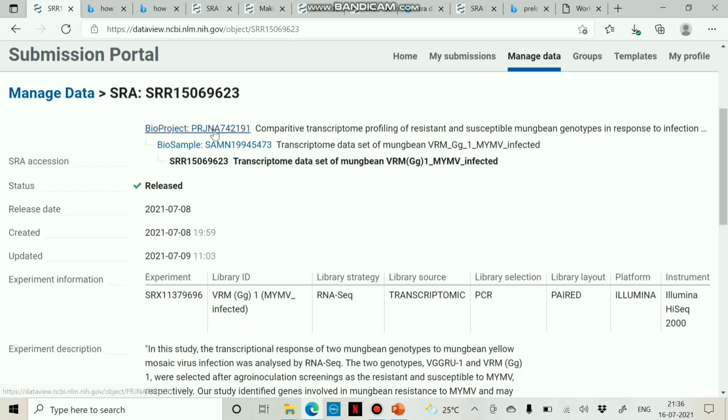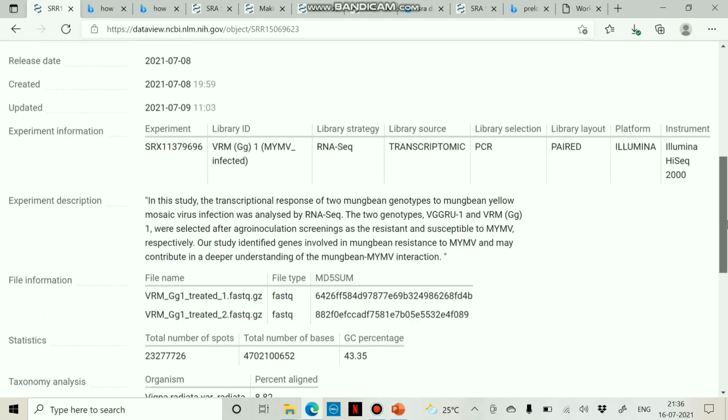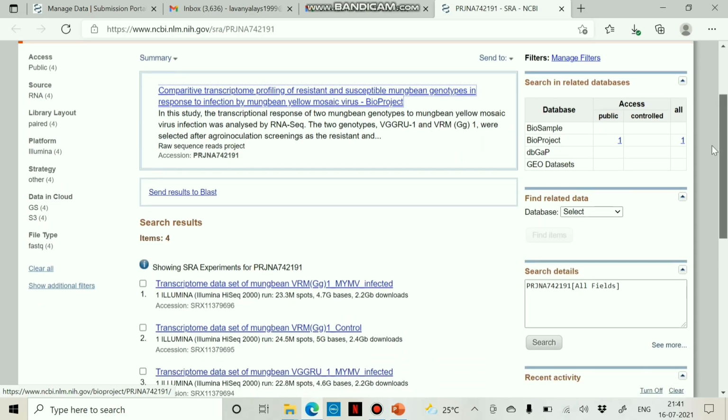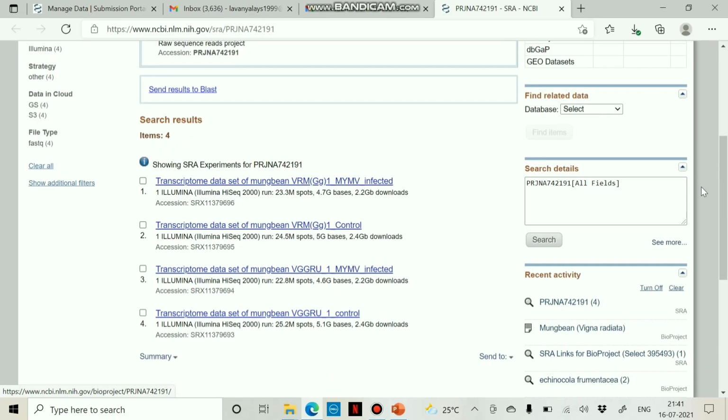And here the corresponding links for the BioProject and BioSamples have been provided. We can check our released data in NCBI SRA by entering our BioProject ID. And here the 4 SRA experiments that we have uploaded are linked to our BioProject.